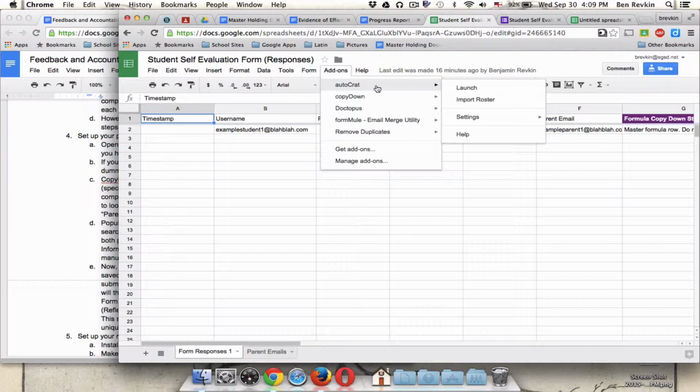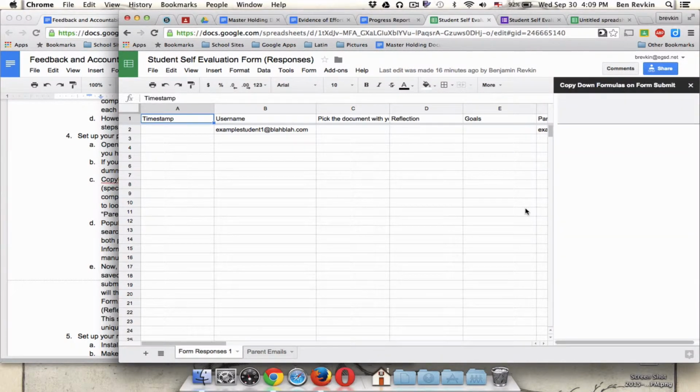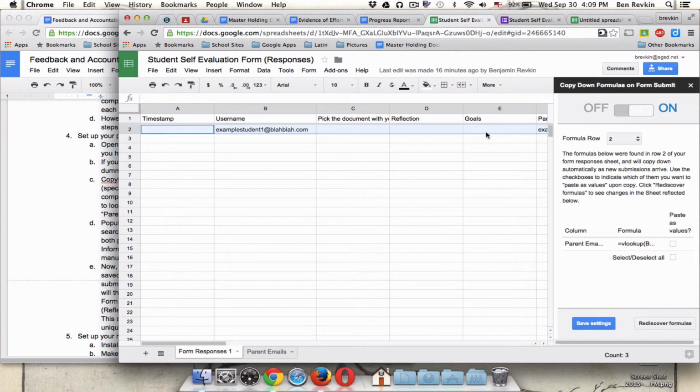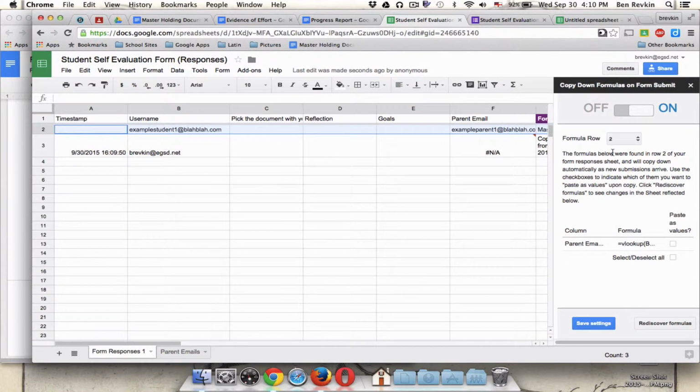So I am going to take a look at Copy Down, and what this does is it simply copies a function from row 2 down every time a new submission is sent. So it's looking at formula row 2, and it's seeing that in cell F2 there's this formula, VLOOKUP B2 parent emails, and essentially what the VLOOKUP does is it goes to this